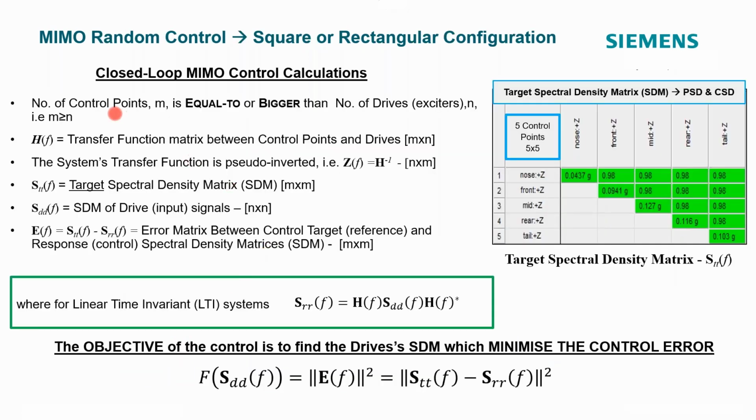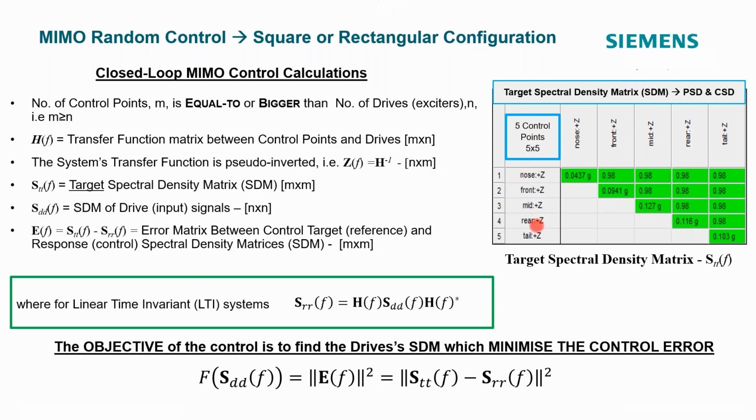Okay, so here's a series of calculations that goes on for MIMO closed loop control. This can be either a square matrix, the transfer function, the SysID, like we had a 3 DOF shaker, we had 3 shakers and 3 control channels. That's a 3x3 square matrix. Or the idea is to have more responses or control points than you have exciters. So in order for things to work right, we have to have more responses than exciters, and that gives us a rectangular configuration in the system matrix.